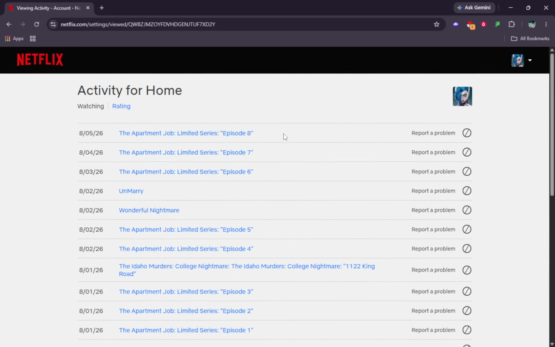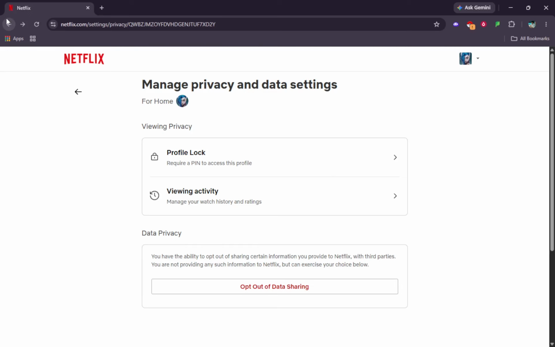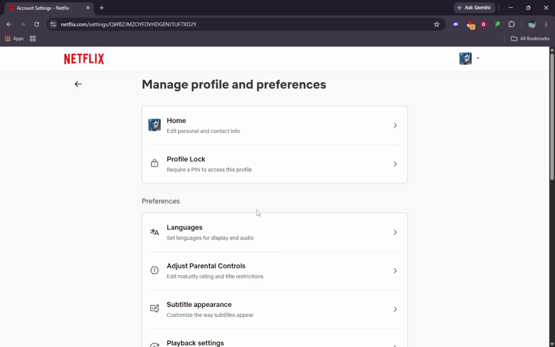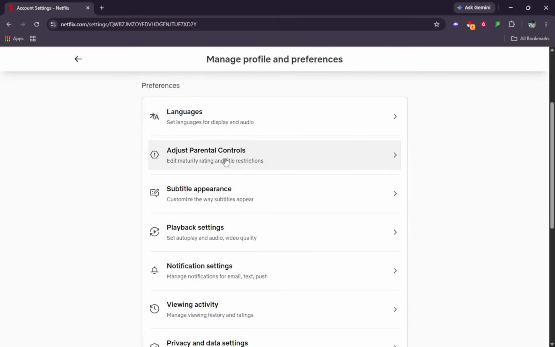Save or confirm any changes if prompted. Some accounts will show a Save or Confirm button at the bottom of the section. If you see it, click it once. A short message may appear at the top or bottom of the page confirming the updates. If no button appears, your changes apply as soon as you toggle each setting.